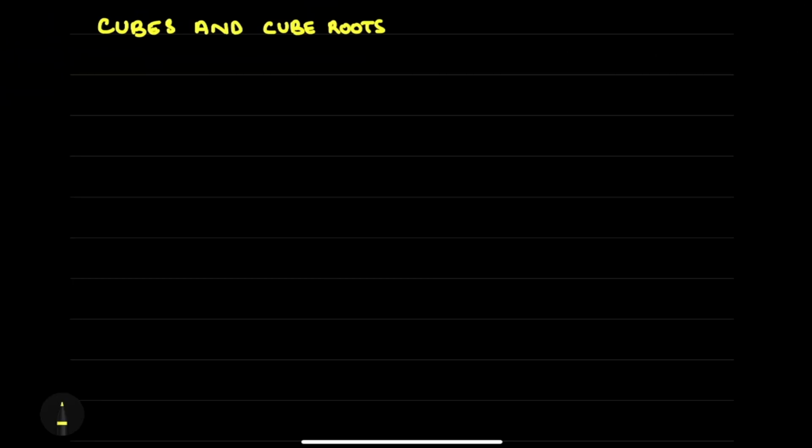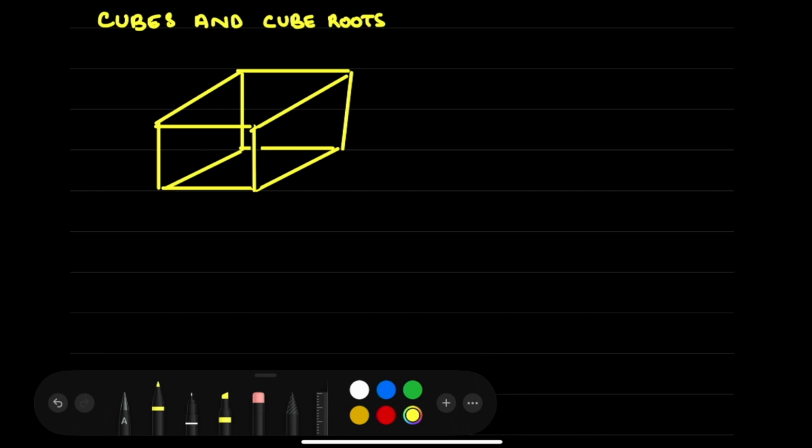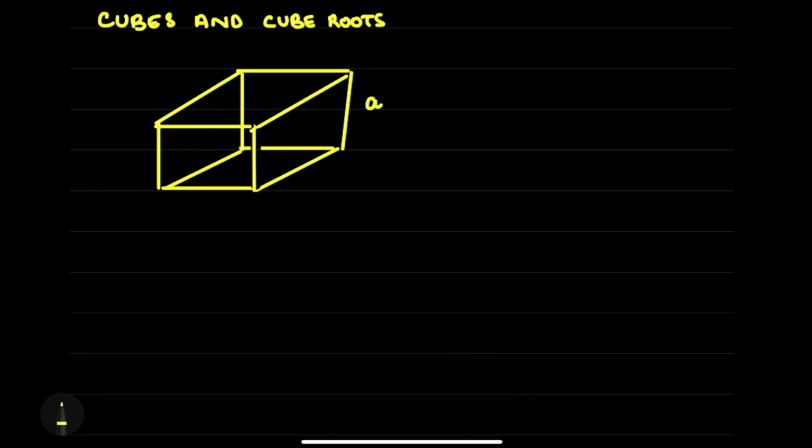So today we are going to talk about cubes and cube roots. In your previous classes, from class 6 to class 7, you've already learned about the solid figure of a cube. Let's have a look. We know about a solid cube which has unit length a in all the dimensions. So we know the volume of the cube as a cube,